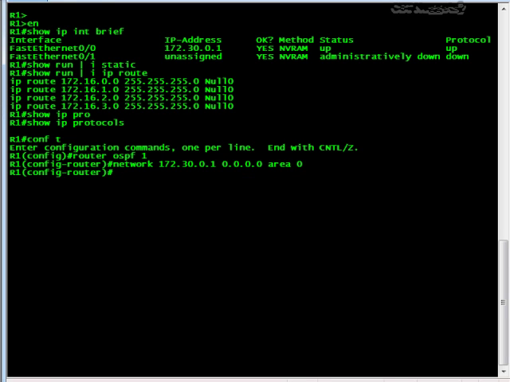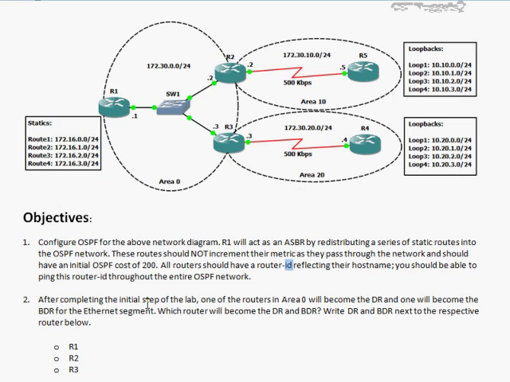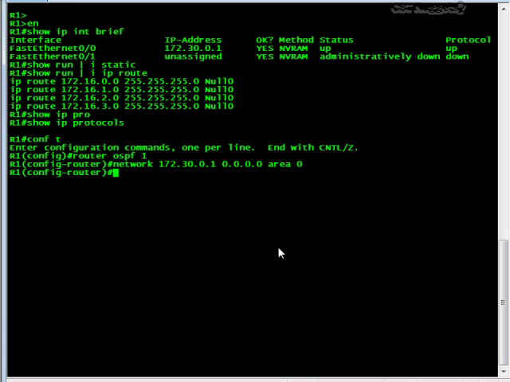We've got the network running. I'm also going to follow up on this statement at the end. It says all routers should have a router ID reflecting their host name. Should be able to ping that router ID throughout the network. Now, typically,